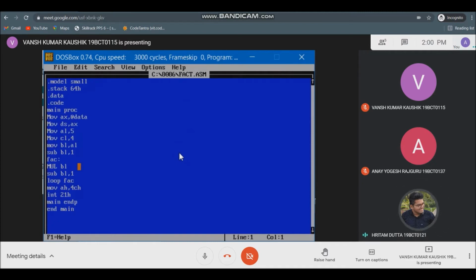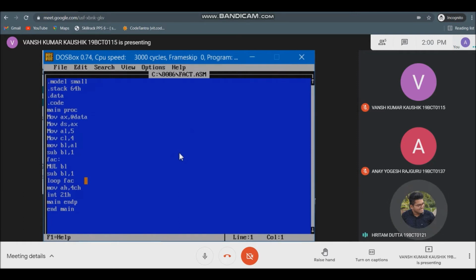Then it is again stored into the bl register. There are two steps of copying. Then there is sub bl, 1. Here we are decrementing the value of bl, and it will continue through the statement loop fac until the value of cl gets to 0.